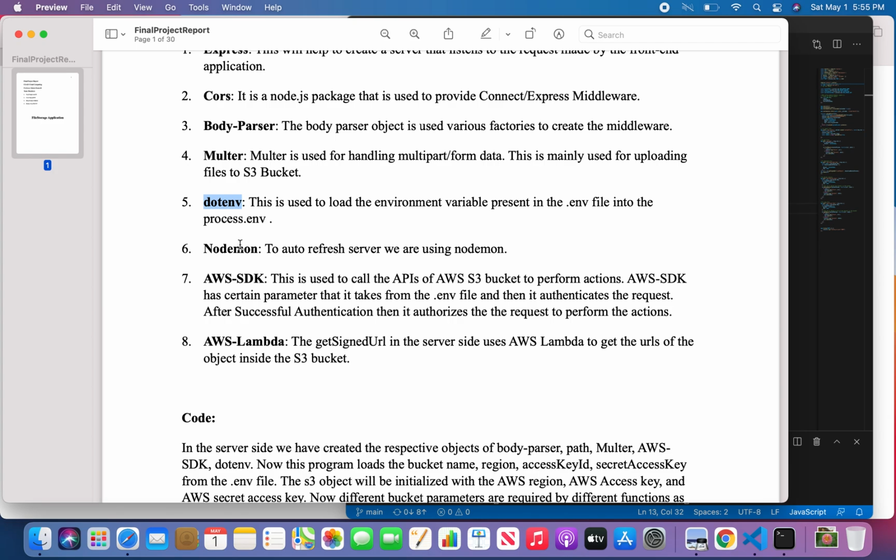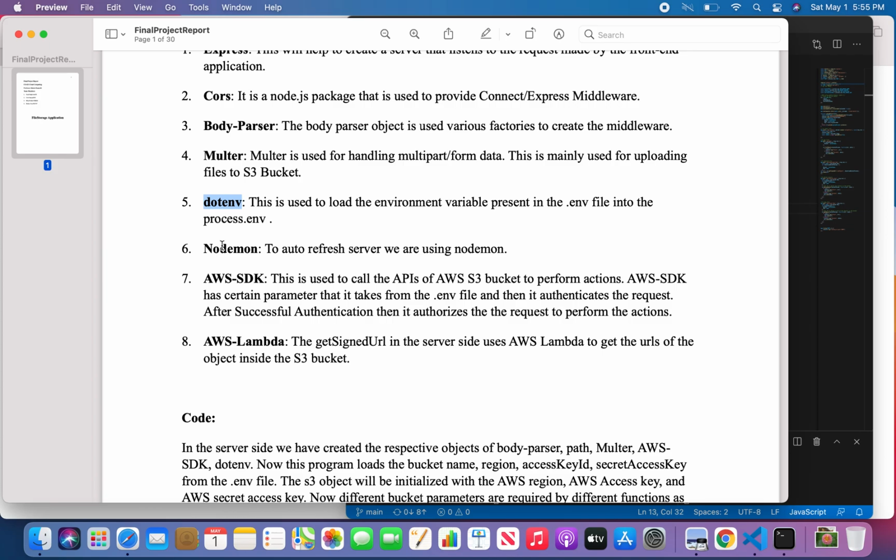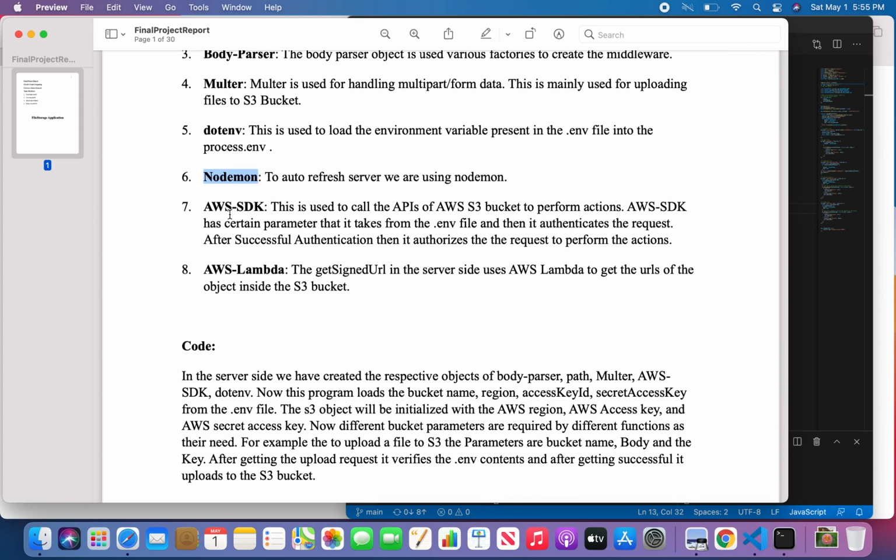And why use nodemon? Because using nodemon, whenever I make any kind of changes, I do not need to refresh my server and run it again and again. Nodemon takes care of it, so that is the advantage of using nodemon. And the AWS SDK will call the APIs of AWS S3, like upload, download, delete, such kind of thing.